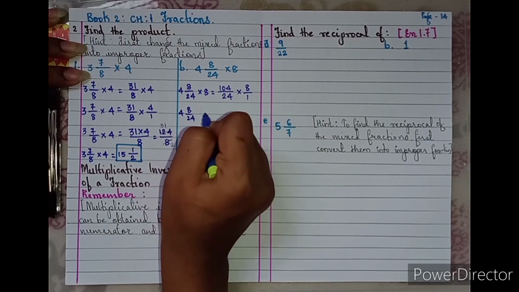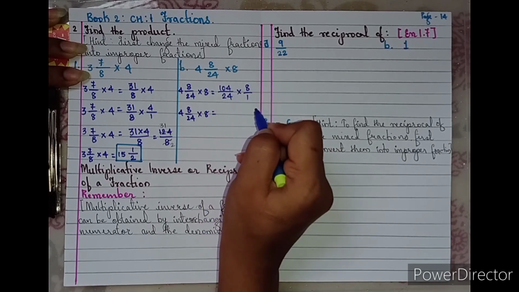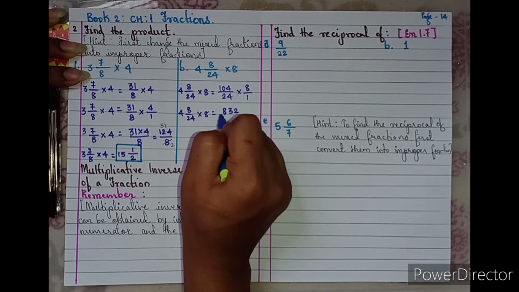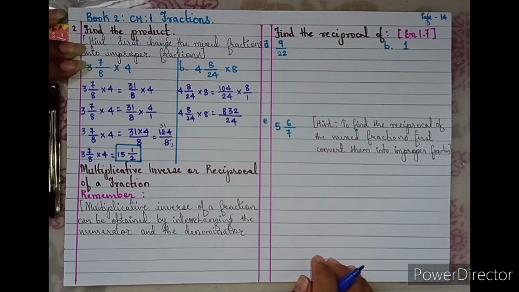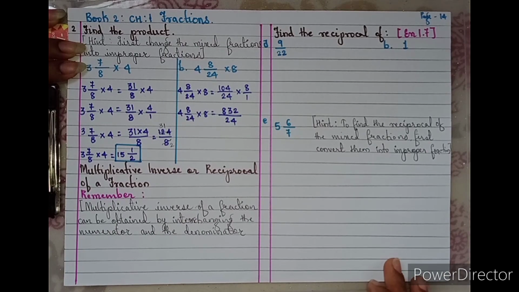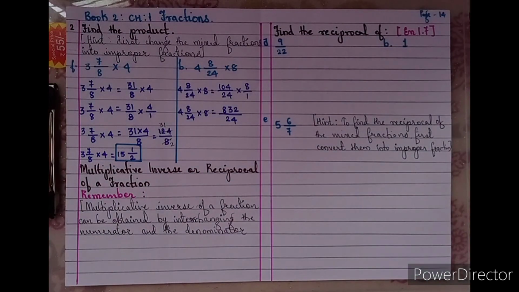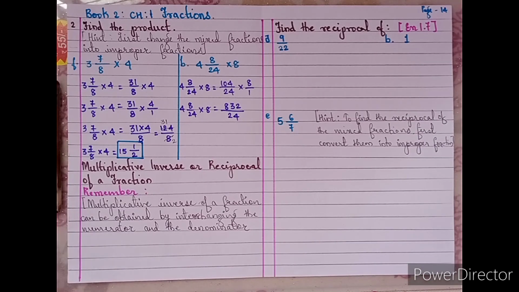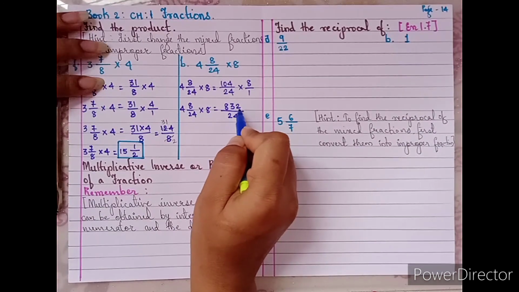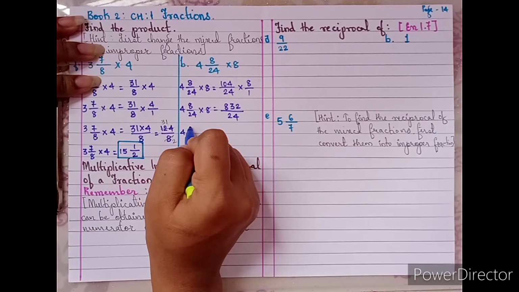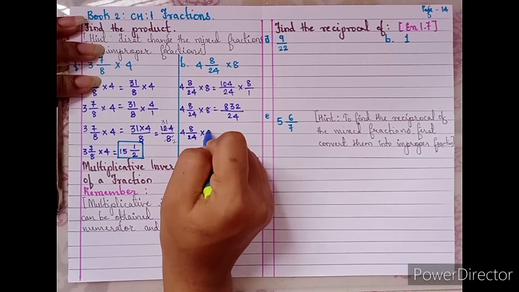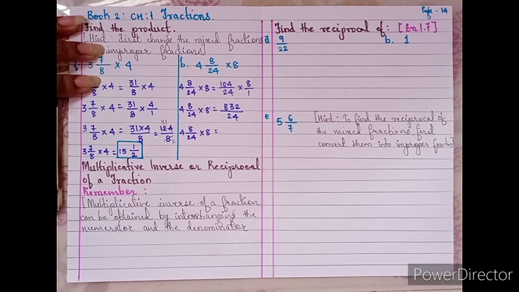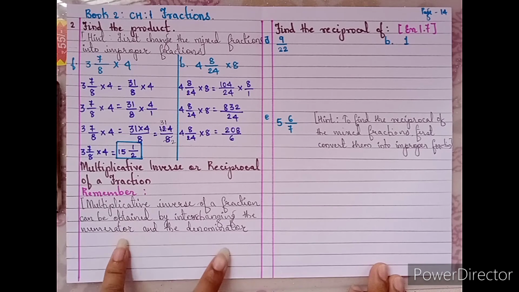So further let's multiply. 4 is to 8 by 24 into 8, that equals 8 4s are 32. So 2 here, 3 carry, so 3 again as it is, 8 1s are 8, divided by 24. Now let's see whether the numbers are divisible by 4. The last two digits of these numbers are divisible by 4. So now let's divide this by 4, as the last two digits are divisible by 4 and even 24 is also divisible by 4. So let's divide this by 4 and write the answer directly. So we will get 208 upon 6.